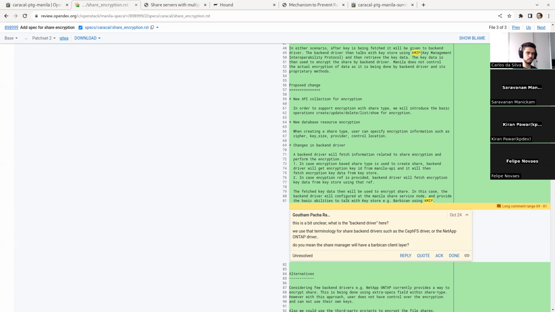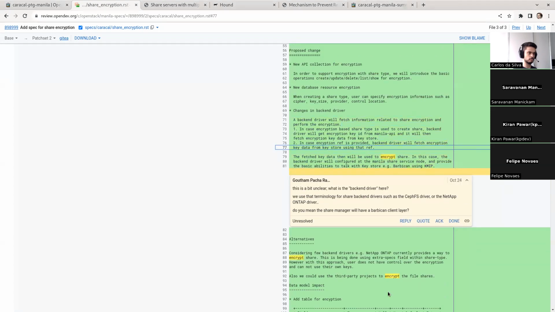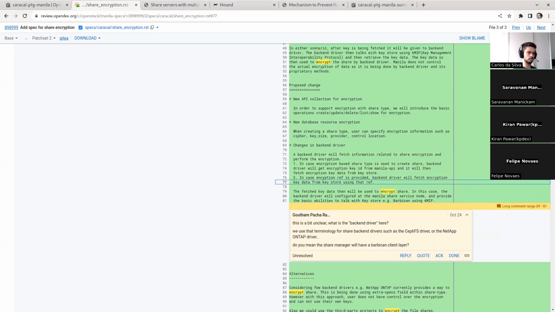So what I'm thinking, this is the one way of encryption. Another way that we want to allow encryption is the user providing the encryption reference itself. So what the user can do is save their encryption key in Barbican and provide this Barbican key reference to do the encryption. And I have added the scenarios in the spec